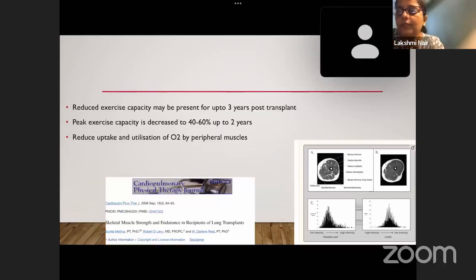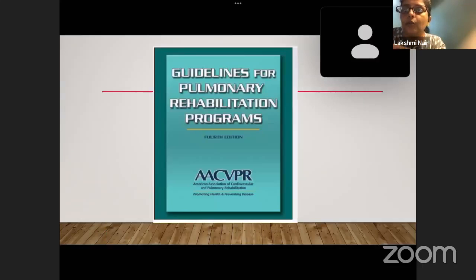And the muscle structure, the fat content in the muscle, is comparable to a COPD patient. This study says that the fat structure is comparable to a COPD patient, to a post-transplant patient, but the isometric contraction of the quadriceps alone was different. That is a finding from this study. So what you understand is the structure of the muscle is different for the transplant patient. So it's more difficult to train them when compared to any other normal post-op rehabilitation.